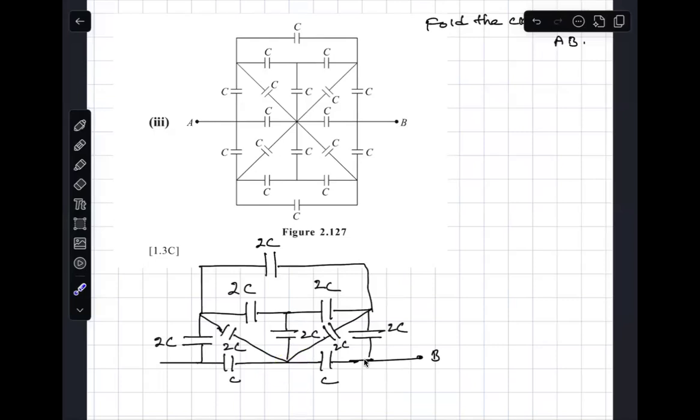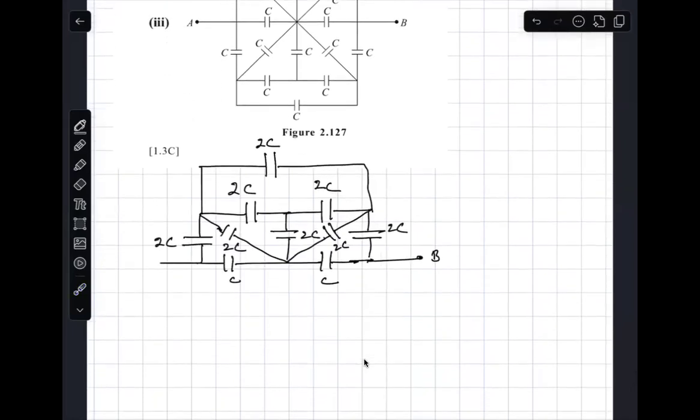Correct? We have done this question yesterday. So by the way, now the circuit becomes